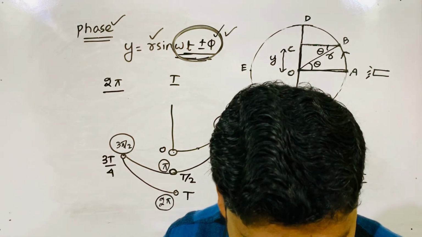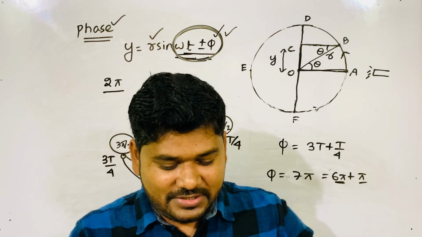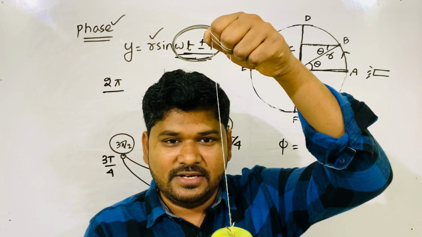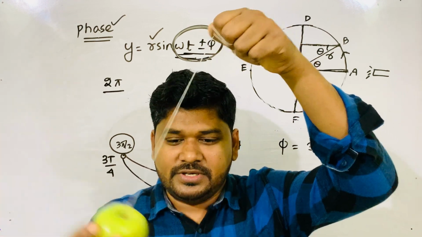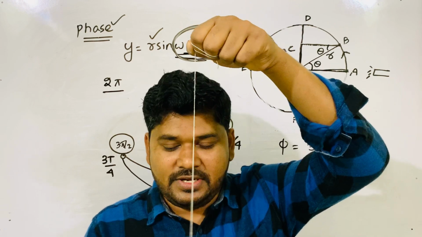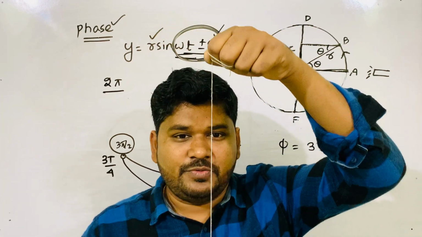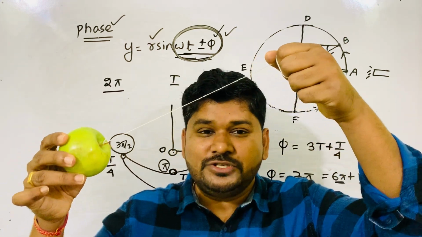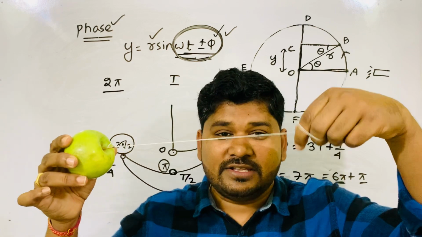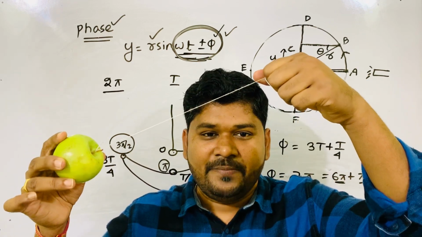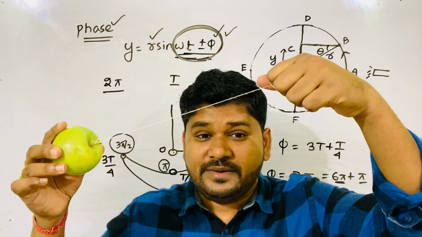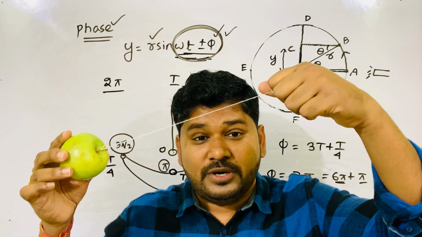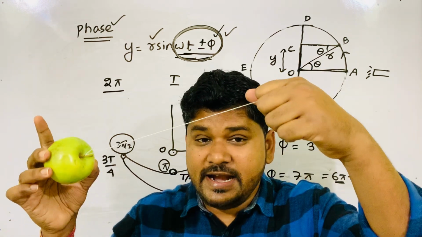So I am showing to you. See here, this is the pendulum. If the body starts the motion from here, this is 0 phase, then pi by 2, pi, 3 pi by 2, 2 pi. But suppose you start the stopwatch now and the body is already here, then what is the phase? Pi by 2. Means at time 0, the body is already at pi by 2.